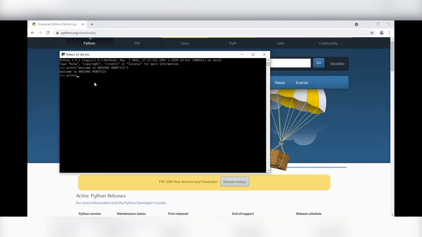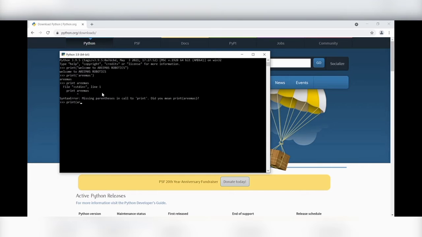Let's try another one, print single quotes, Arimas. It has printed. It will take either single quotes or double quotes. Let's check without any quotations in the parenthesis. Here it is showing some error, so it says that my command prompt is working in a perfect manner.